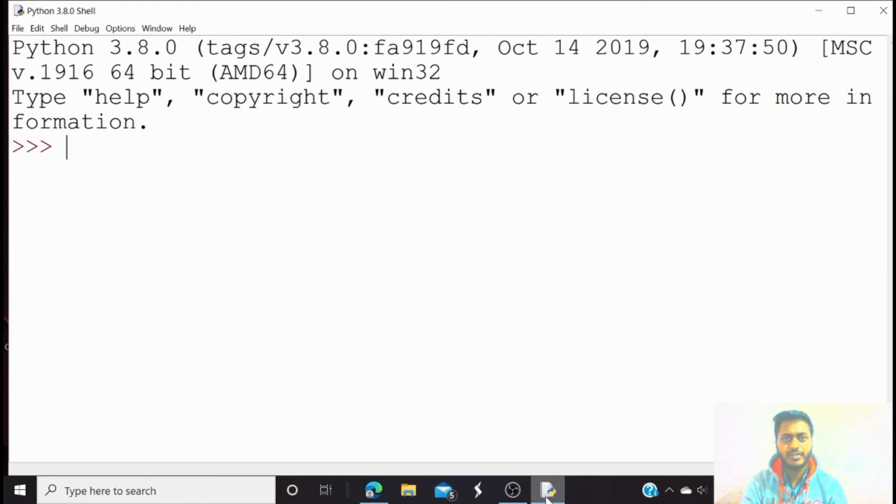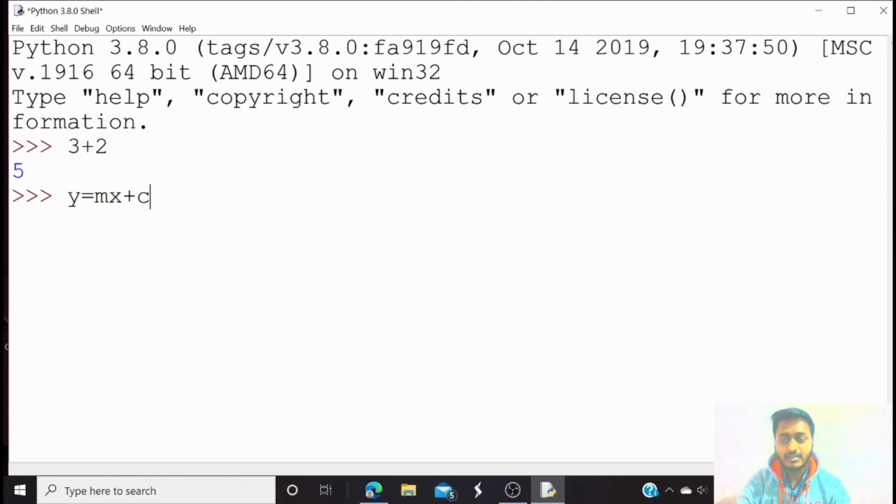The first question is, why do we need variables? So let's do it here. Let's do 3 plus 2 that we did in the previous session. In maths we saw a simple concept. If we have the equation y is equal to mx plus c, then we assume the value of x. That means we are assigning the value to x. Suppose I am assigning x is equal to 2. Then we have the slope m and the y-intercept c. Then from that we are finding the value of y. So here we are assigning the value to x.